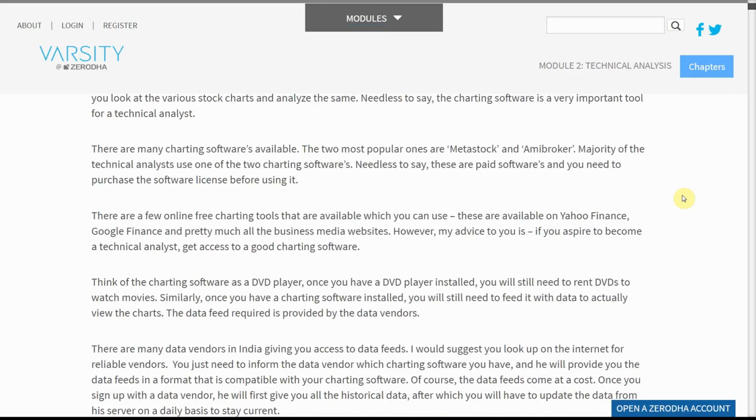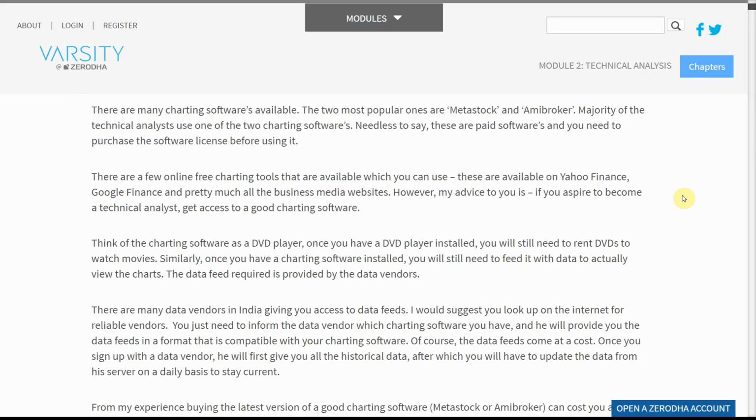There are many charting softwares available. The two most popular ones are Metastock and AmiBroker. The majority of technical analysts use one of the two charting softwares. Needless to say, these are paid softwares and you need to purchase the software license before using it. There are a few online free charting tools available which you can use. These are available on Yahoo Finance, Google Finance, and pretty much all the business media websites. However, my advice to you is, if you aspire to become a technical analyst, get access to a good charting